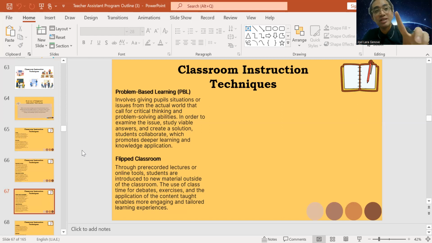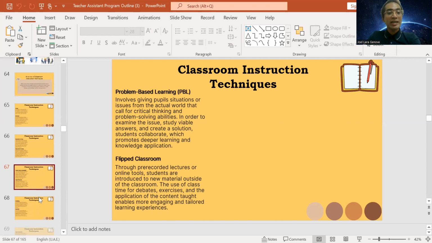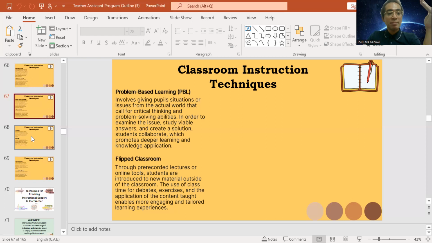Because your path is different, especially here at Torch Institute. We have different paths. You could be already working in a school as a teaching assistant, or you could be still applying, right? But what's important is you get to gauge the application or reflection of the student, or how they are going to apply the subject matter.